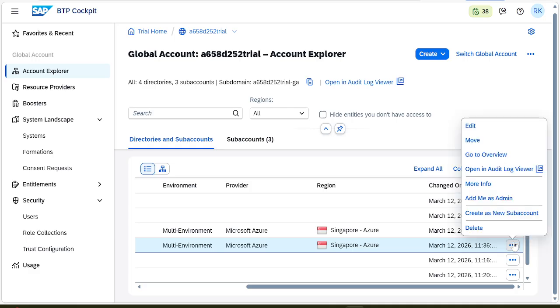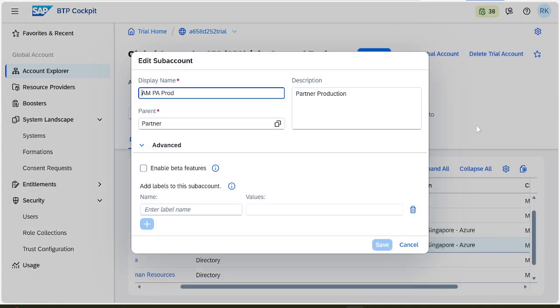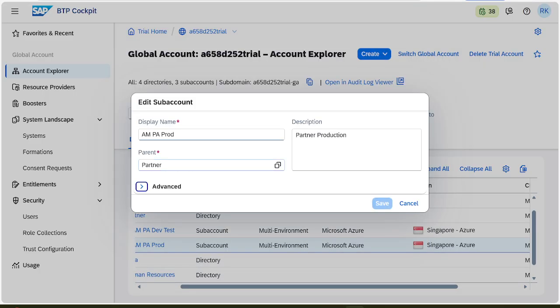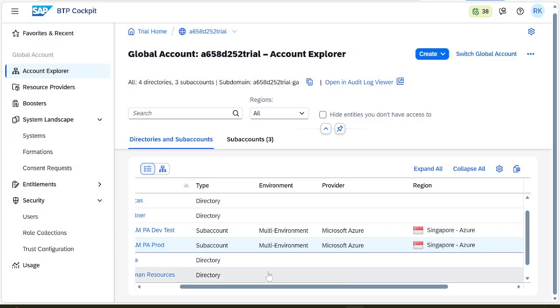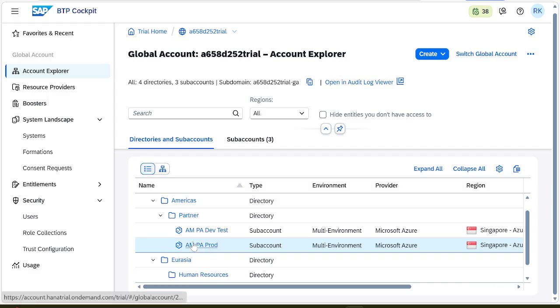Come here. Now do one thing. Let's edit. Why? D252 is the global account number. No, here it is not coming. The sub account is created, right?